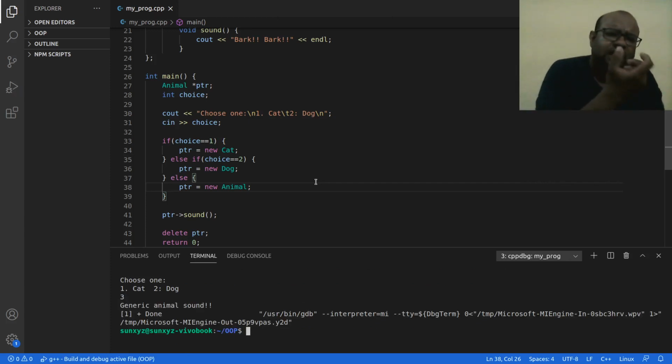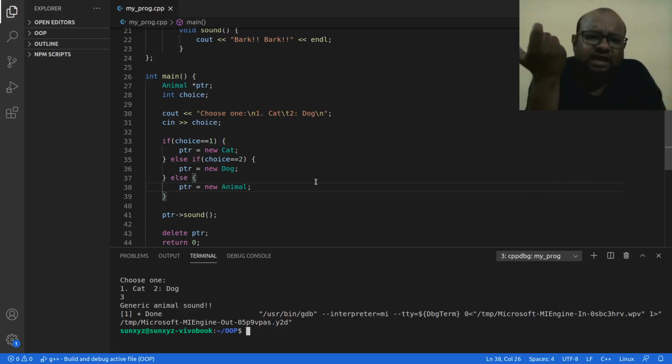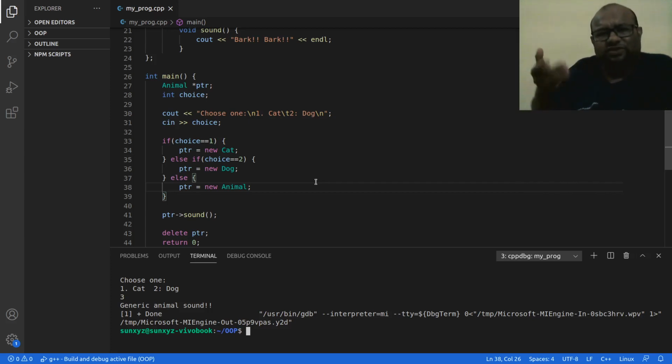So yeah, this line number 41 stays the same, but the method that is going to be called depends on user choice, really, right? So same method name, same line of code, executing different methods depending on user's choice, depending on some application logic, right? So this is called runtime polymorphism.